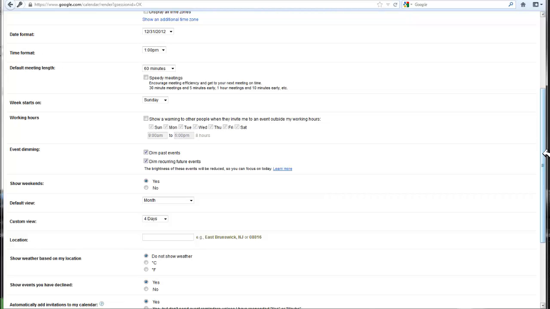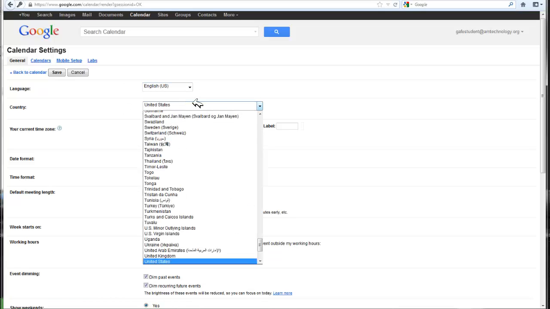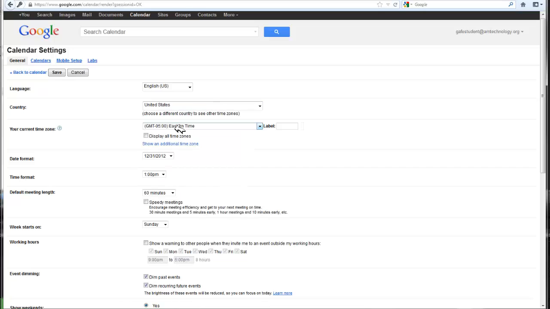But while we're here, let's take a look at the other settings. You have your language setting, so you can change this to another language, the country. Here's where you can also change the time zone, the date format, the time format,